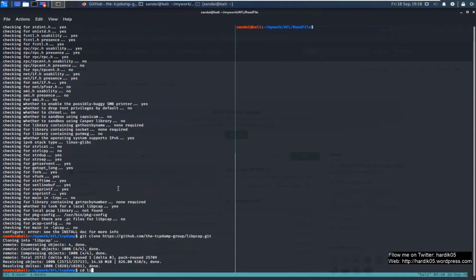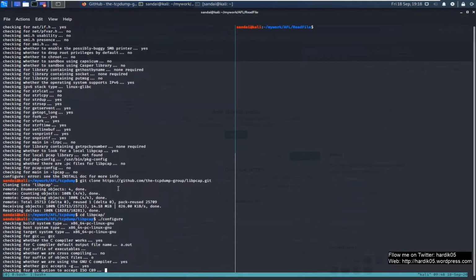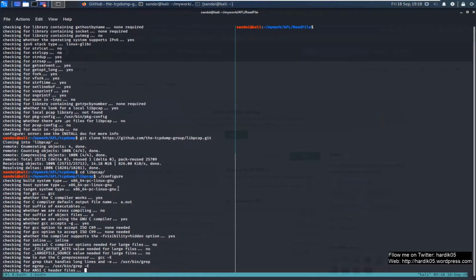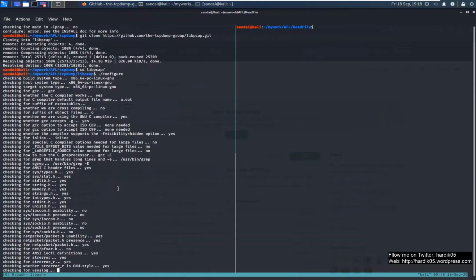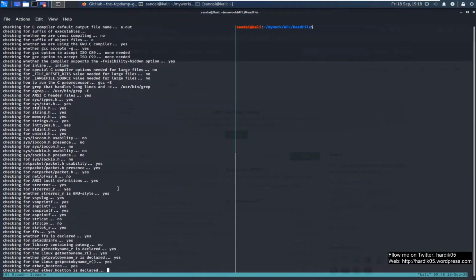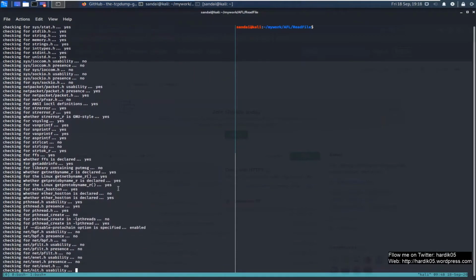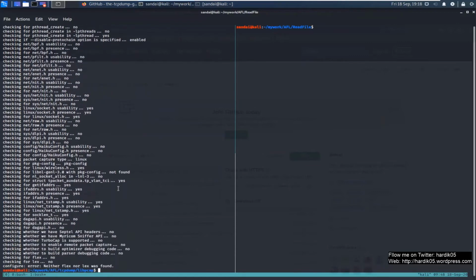So let's go to the libpcap directory now, and we'll again do the same thing, configure, and let's see if it requires any more dependencies. If so, then we need to install that. Otherwise we are good to go. We can simply compile this. So one thing we will do here is that if libpcap gets compiled successfully, then we'll compile it using AFL GCC so that it also gets instrumented, and then we'll compile tcpdump.